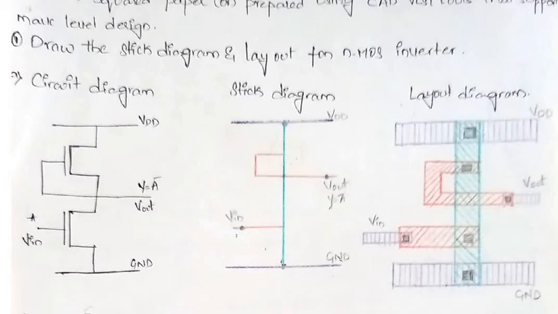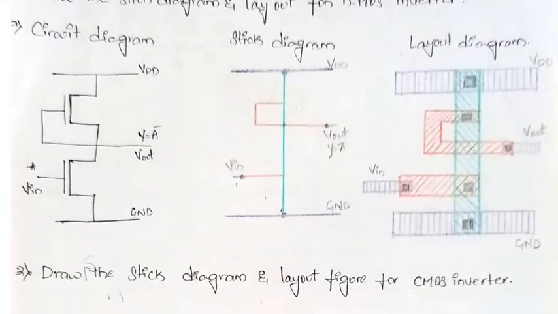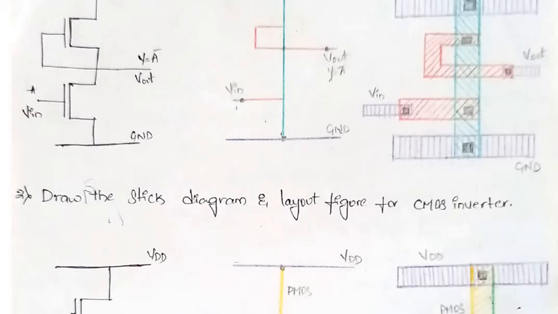It is very important from the point of view of your final examination. I hope you are clear with this example of NMOS inverter. This I have given as a basic example. Okay, next I'll give some assignment questions of your layout, so that you can practice over that. Okay, so let's move to your next example, that is CMOS.